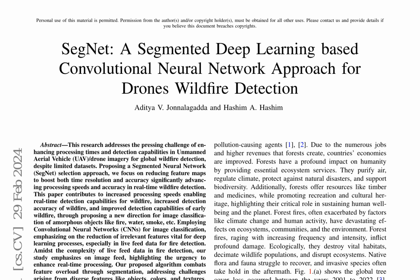The study highlights the importance of combating feature overload through segmentation and addressing challenges arising from diverse features like objects, colors, and textures. Pixel density is crucial in retaining essential details, especially for early wildfire detection, and higher pixel density is vital for proper feature selection. The proposed SegNet approach is rigorously evaluated using a real-world dataset obtained by a drone flight and compared to state-of-the-art